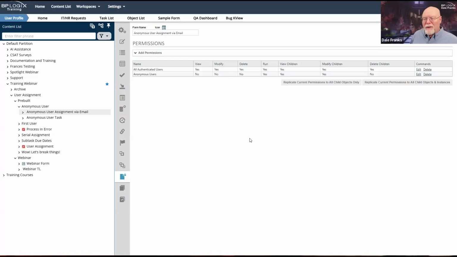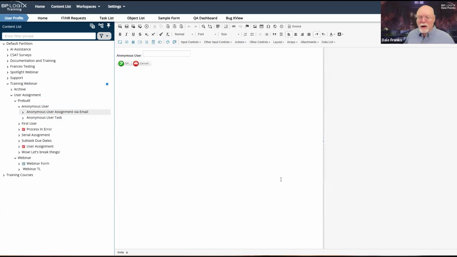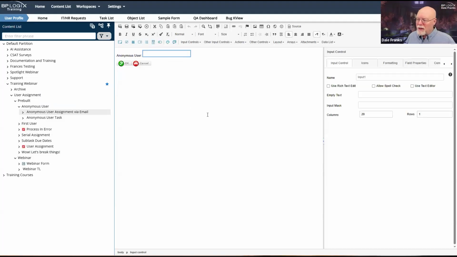In general, if I want to be able to have an unauthenticated user participate in my process, then I really only have one choice for enabling them to do so. And that is that I have to be able to collect their email address, which I've done here with this field here.